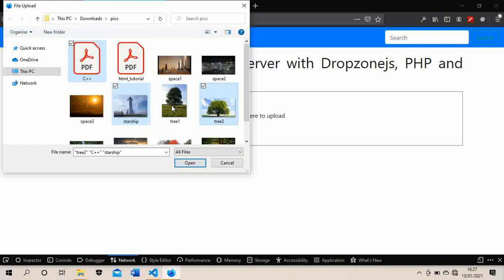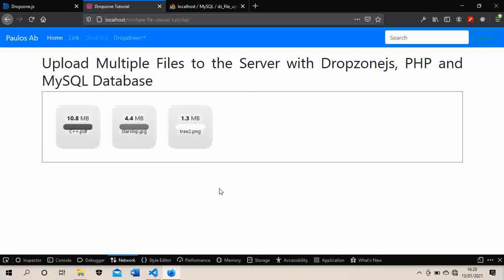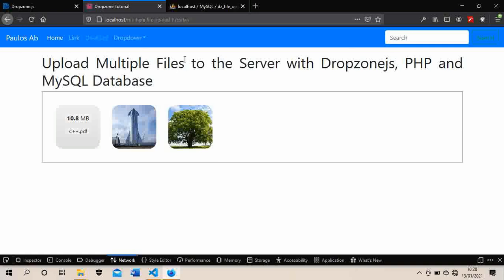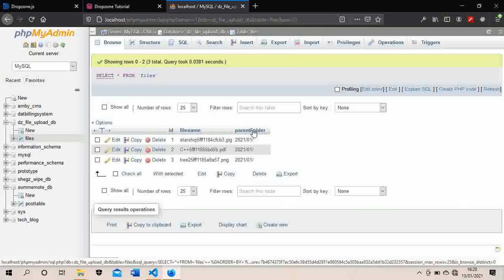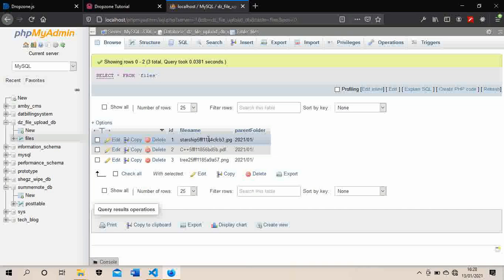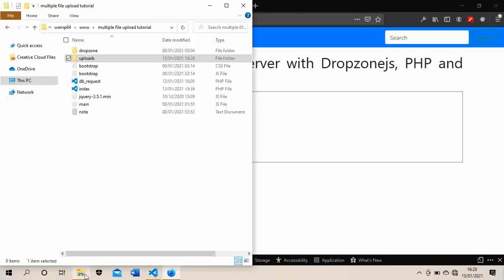Let's upload these because I love space stuff a lot and I follow SpaceX a lot. As you can see, the three of them have been uploaded successfully. Let's check our database to check it out. Let's reload. As you can see, the three of them have been uploaded,